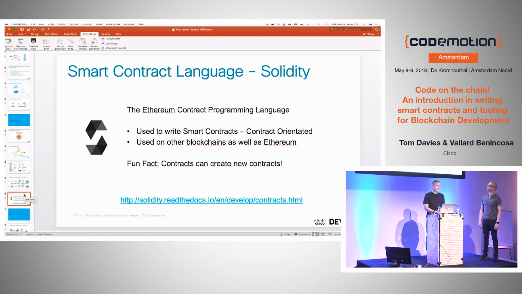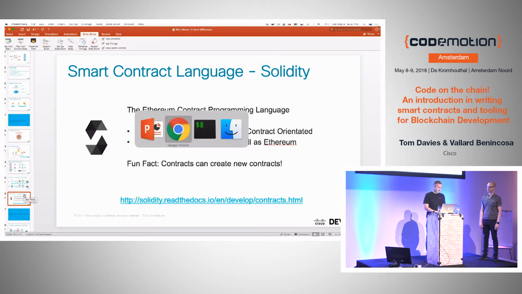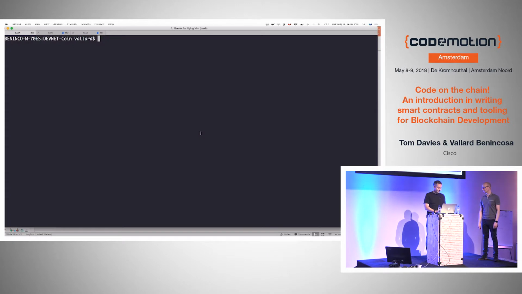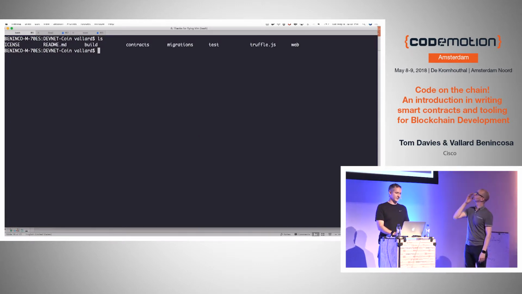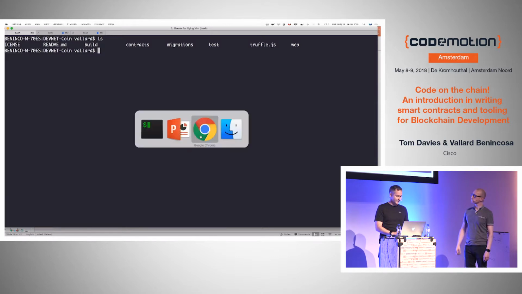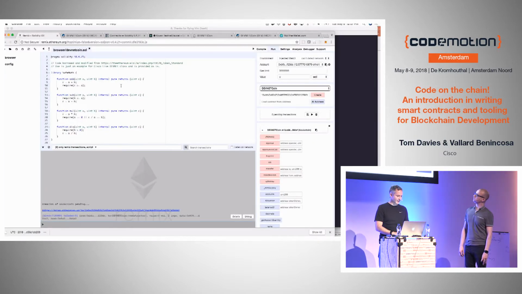Tom mentioned an ERC20 compliant contract. That's what we based ours off of. I used Truffle to create this new environment. I just did Truffle init, and it showed up. Then I actually used Remix when I was writing the contract initially, because what's nice about Remix is that it compiles it for you. Remix is just in the browser. So I use a little bit of both.